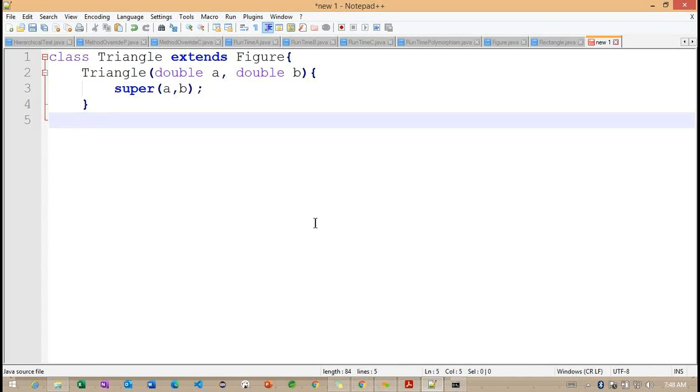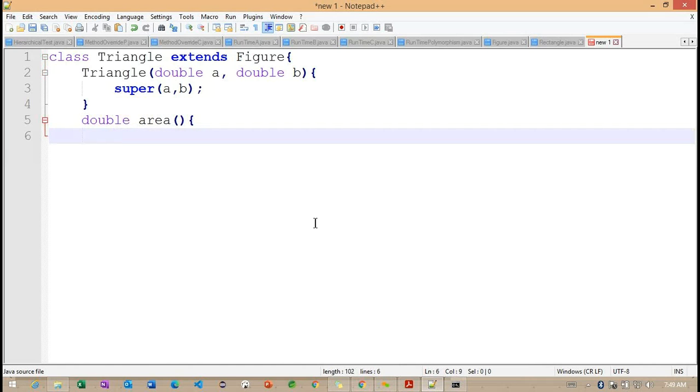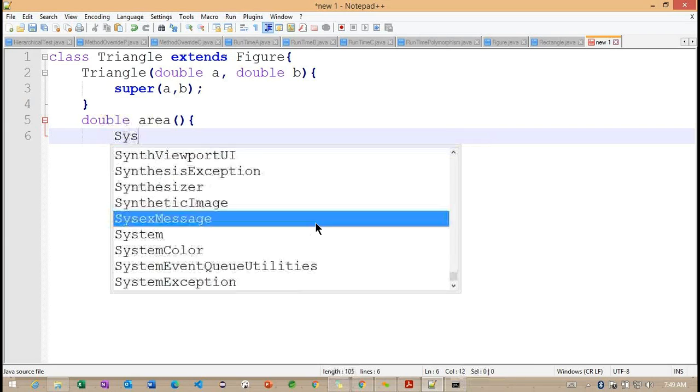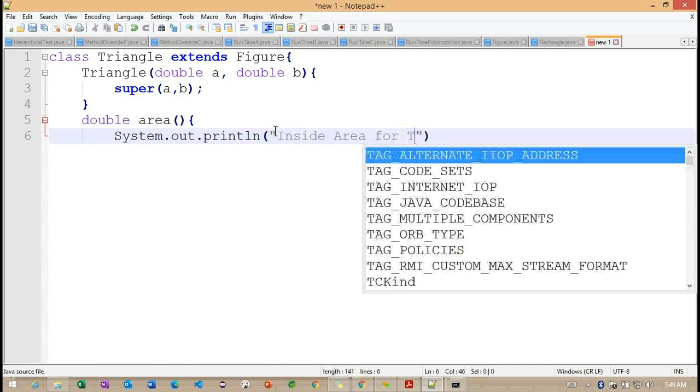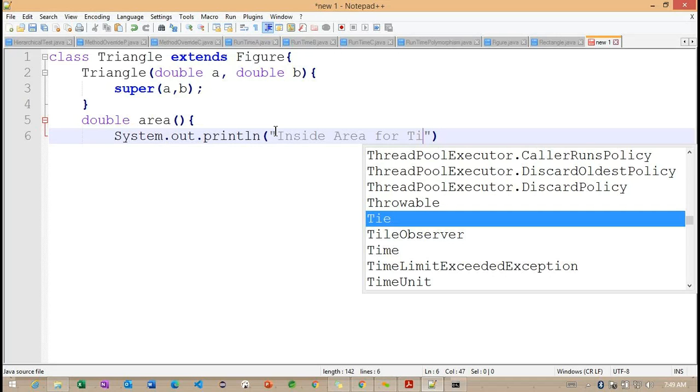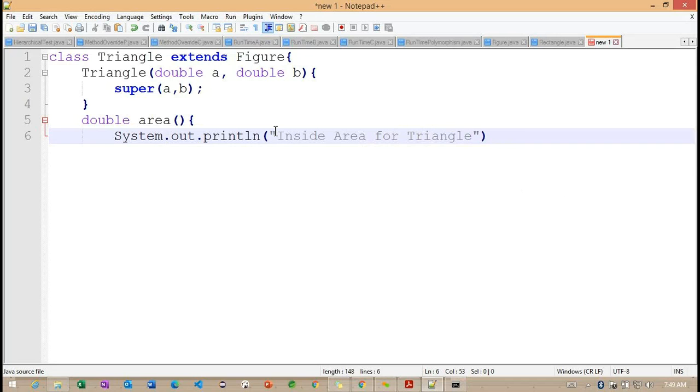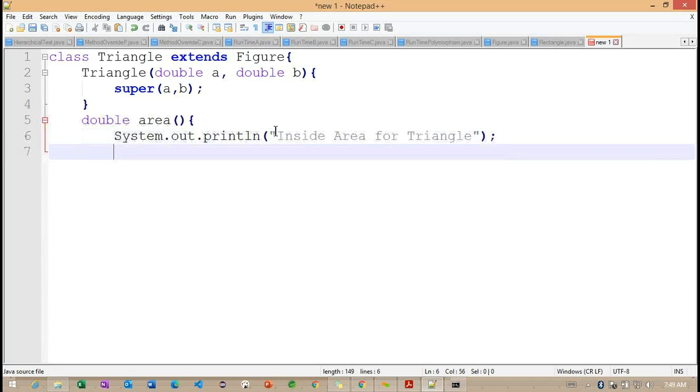After creating this Triangle constructor, I'm trying to work with a double here, inside the area for the Triangle class.